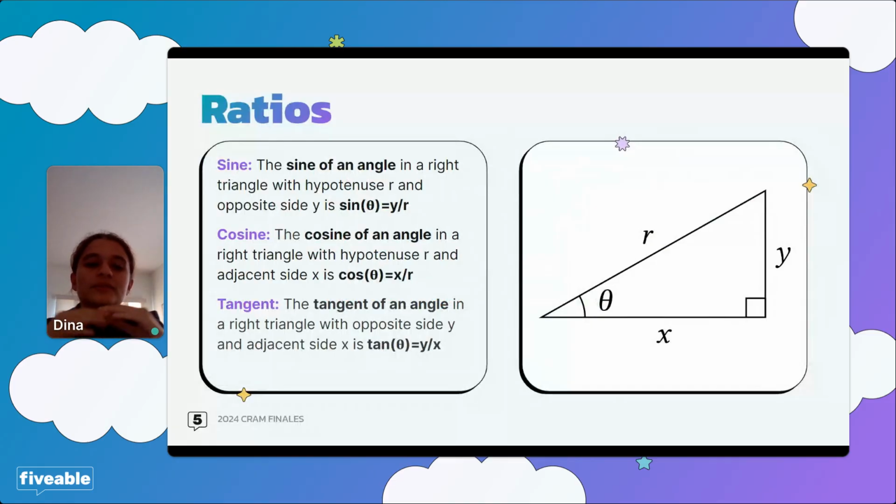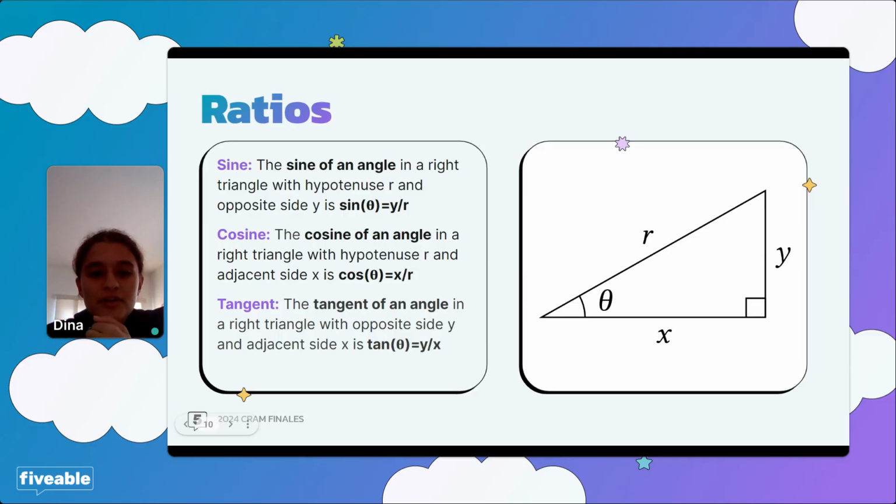So basically, we see that the 3 big trig ratios here, sine, cosine, and tangent, all have a definition. Sine is the ratio of the opposite side over the hypotenuse. If you look at the diagram to the right, you can see that sine is y over r. And cosine, on the other hand, is the ratio between the adjacent side over the hypotenuse. So if we look at angle theta, the adjacent side, or the side right next to the angle, is x over r. And tangent is the side that is opposite of the angle over the adjacent side, so it's y over x.